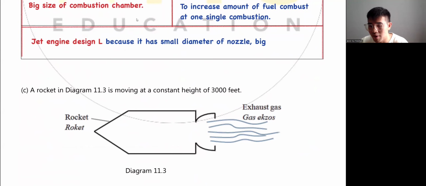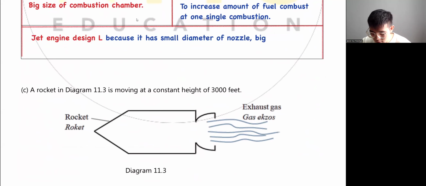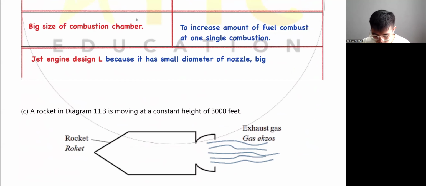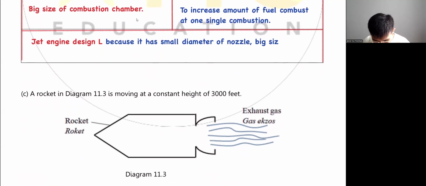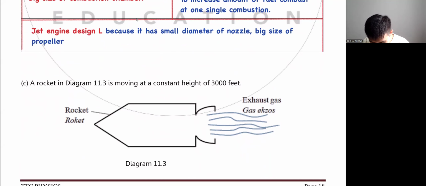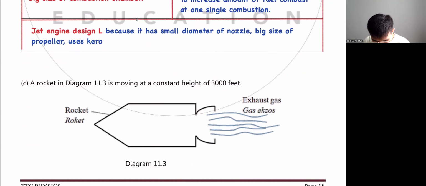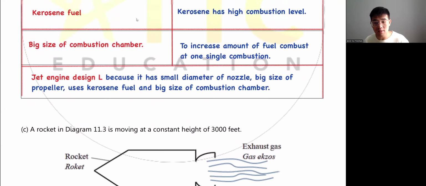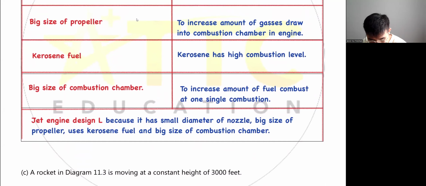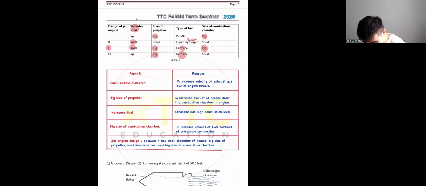Then just continue to write that, copy them into one answer, then you will get the marks for the final marks, for the 10th marks. So big size of propeller, comma, and then uses kerosene fuel, right? That's why you pick jet engine design L, and then last but not least, it has a big size of combustion chamber. Yeah. So by writing this is how you get all the marks, 10 marks for the essay